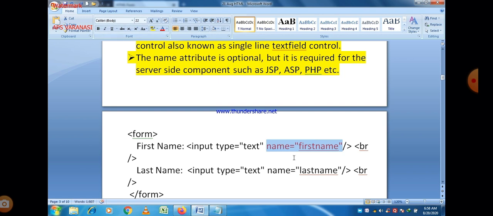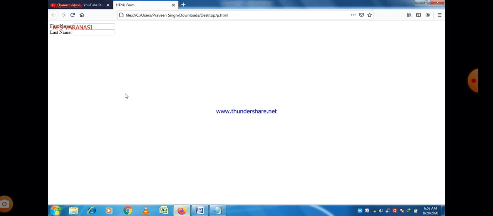And you can avoid name is equal to first name. As I told you earlier, it is an optional attribute, and it is required for server side components such as JSP, ASP or PHP. So if you just write first name and input type text, that is sufficient, and the program will still be executed in this case.